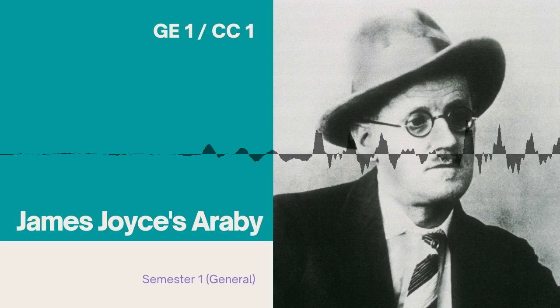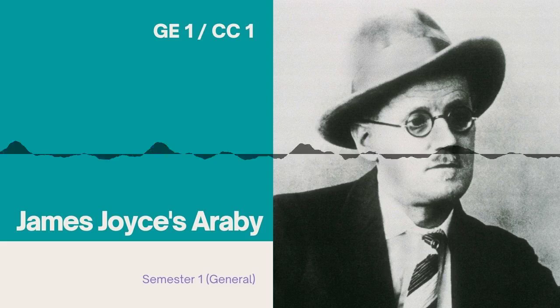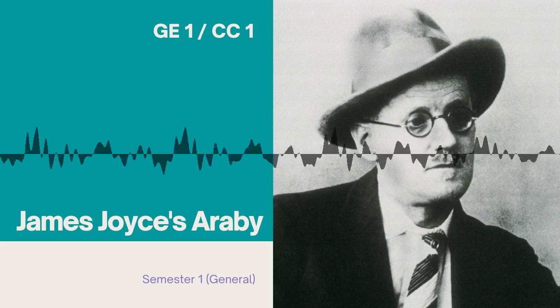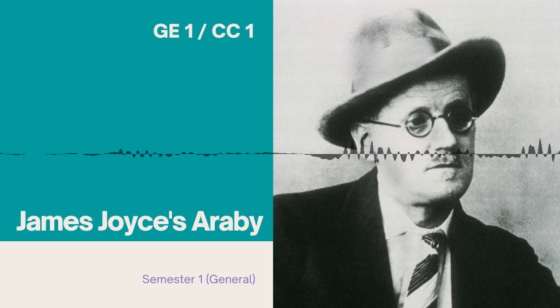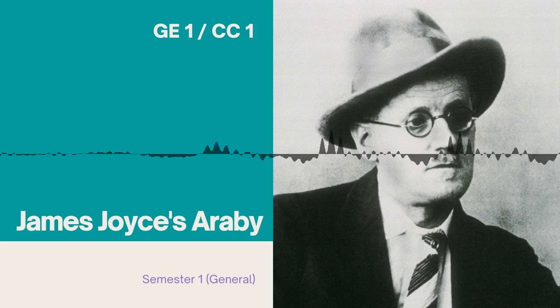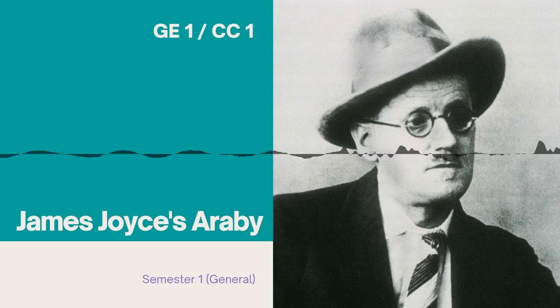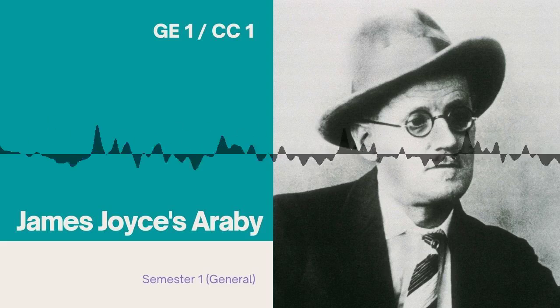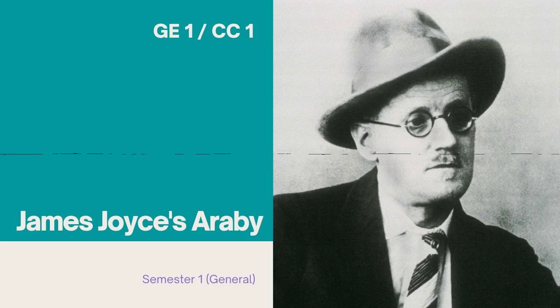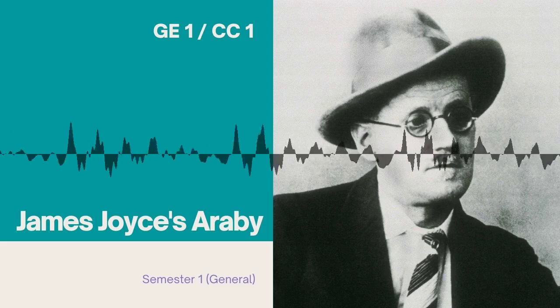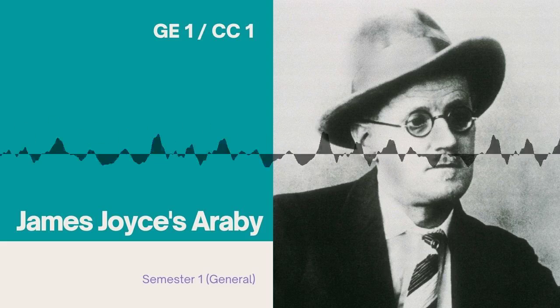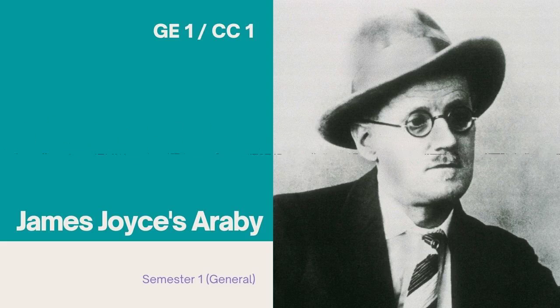Now if he publishes say 10,000 copies of your book, and then no one buys it, who is going to incur the loss? Not the author. The publisher is going to incur the loss. So naturally, publishers at that time did not want to publish James Joyce's book, because they thought that this book does not have market value. It does not have the required market potential. People won't buy the book if it is published, and the publisher is likely to incur a massive loss. Which is why for 10 years no one published it.